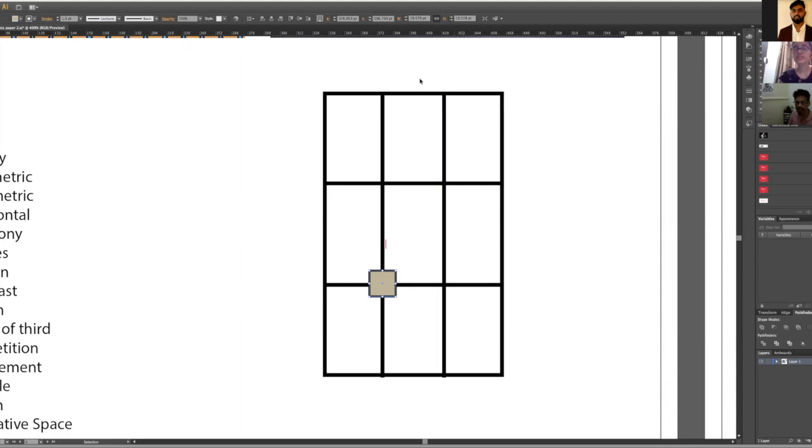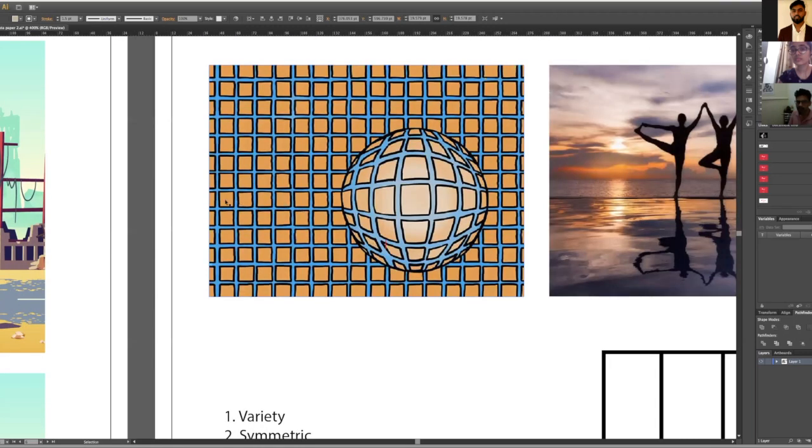So anything which comes from here, like if you have seen golden spiral or something, which concentrates at some point like this, again it's called rule of third. So why do we use this term? Generally we use that term in photography. Now this is another example of rule of third. I am trying to place it off-centered.